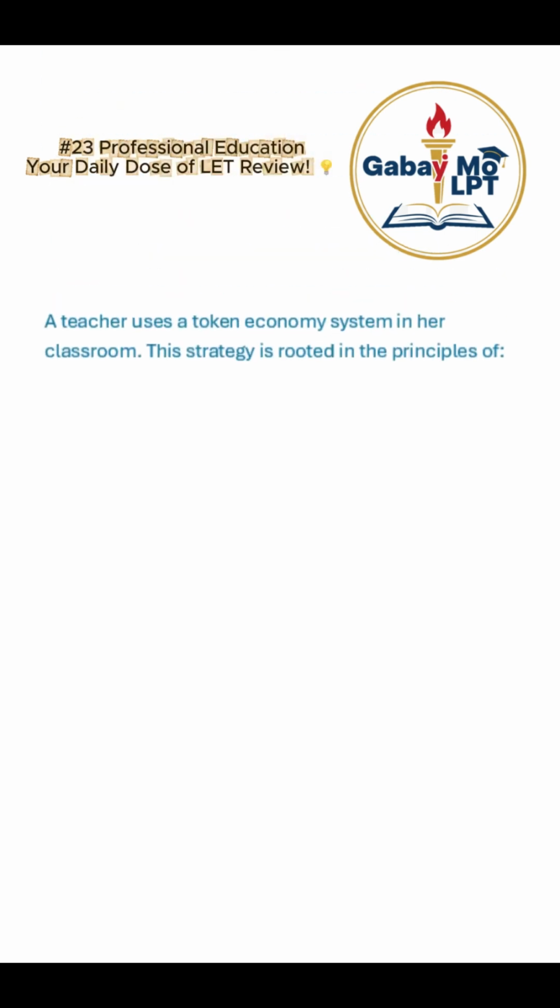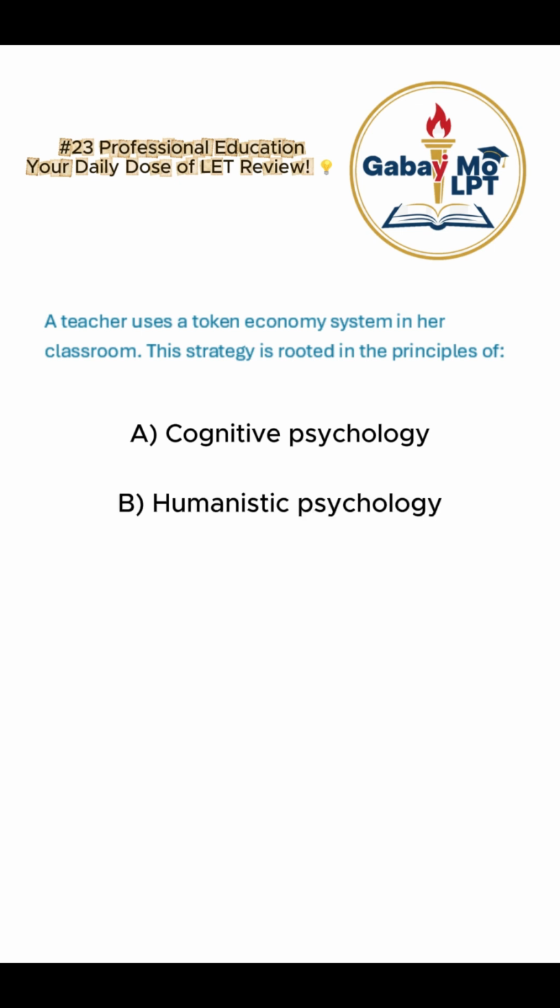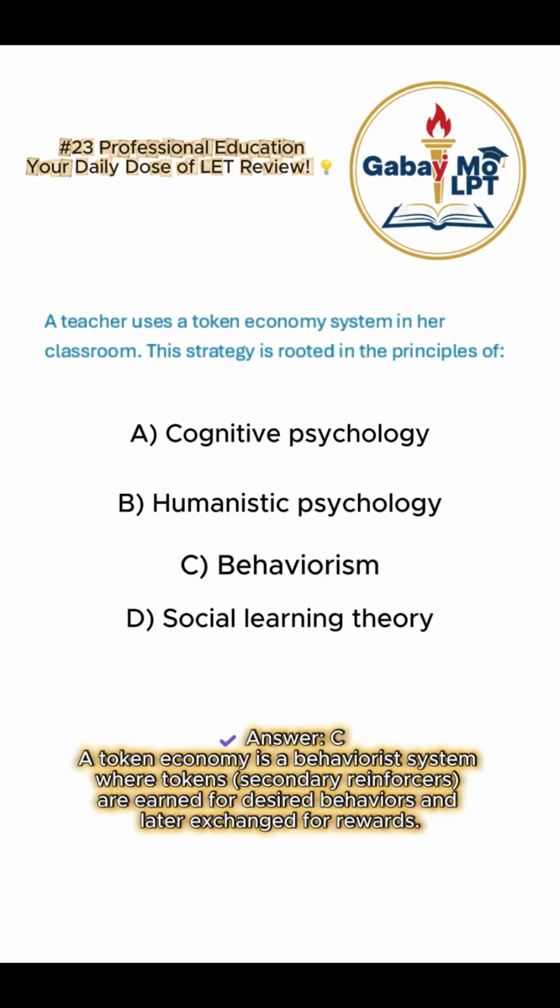A teacher uses a token economy system in her classroom. This strategy is rooted in the principles of: A. Cognitive psychology. B. Humanistic psychology. C. Behaviorism. D. Social learning theory. Answer C. A token economy is a behaviorist system where tokens, secondary reinforcers, are earned for desired behaviors and later